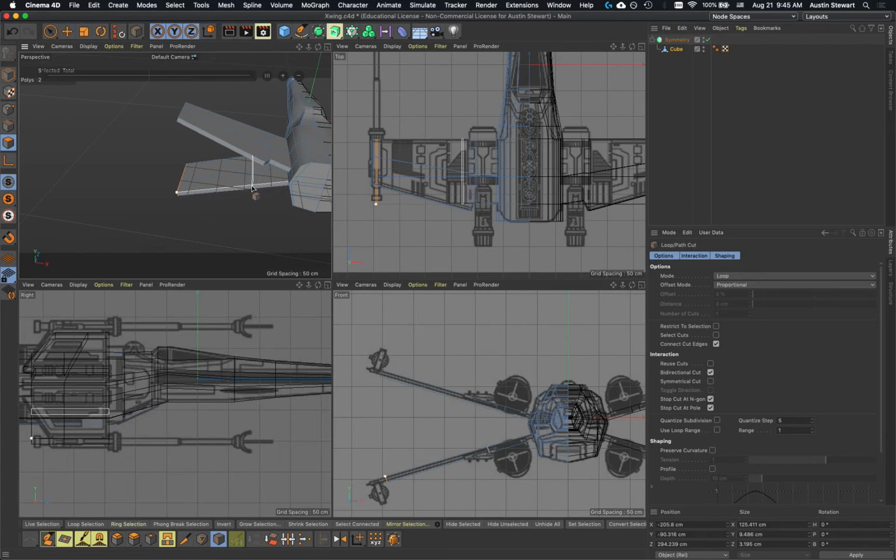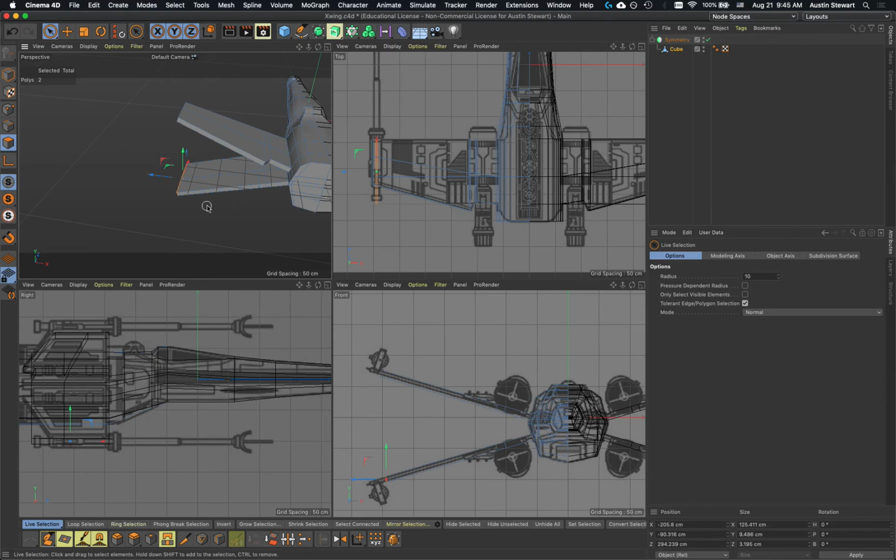And so now I'm working in my perspective view, but I'm looking at my top view to get this alignment correct. So I'm going to go ahead and pop one in there, and then I'm going to pop another cut in there. I'm going to hit escape to get out of that mode. I'm going to hit space to do live selection. I'm going to go to points mode. And once I'm in points mode, I'm going to make sure I select these 2 points, and then I can just